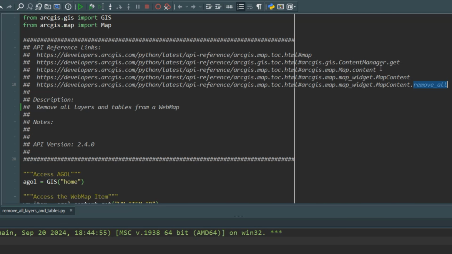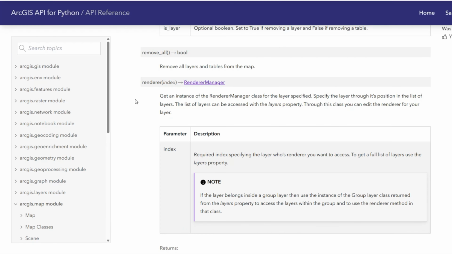Let's first head over to the documentation for the remove all method. Here we have the remove all method for the map content object, and it removes all layers and tables from the map. I think this here indicates that it will return a boolean true or false if successful. Before heading back over to PyScripter, let's head over to ArcGIS Online and check out the current state of our